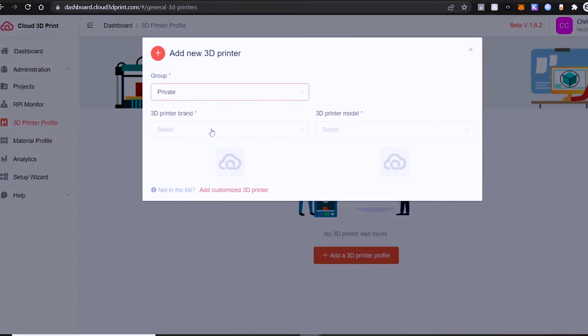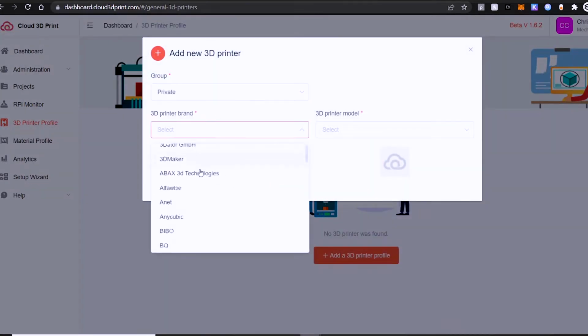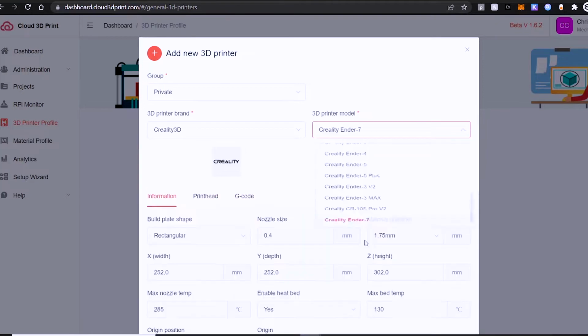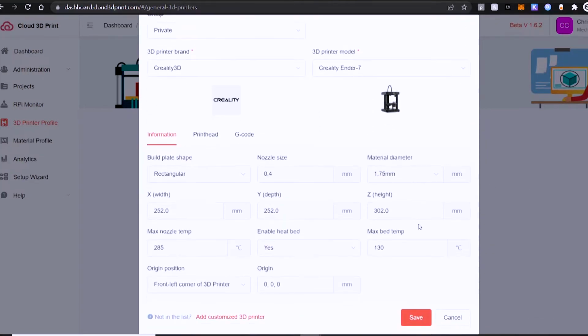On the left hand side you'll see 3D printer profile. I'm going to add a new 3D printer profile. I'm going to select the brand as Creality. I'm going to find my Ender 7, and then I'm going to go through these settings,